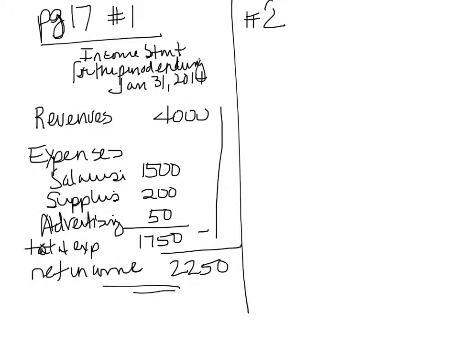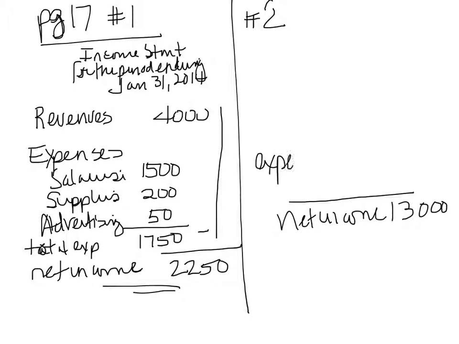Okay, I think you've probably all had a chance. If not, you can certainly pause it and come back. Now we're going to review it and see how you did. Number 2 says the manager of a small company has a goal to generate $13,000 in net income, right? So if we plug in what we just did here, $13,000, and he's confident that the expenses will be approximately